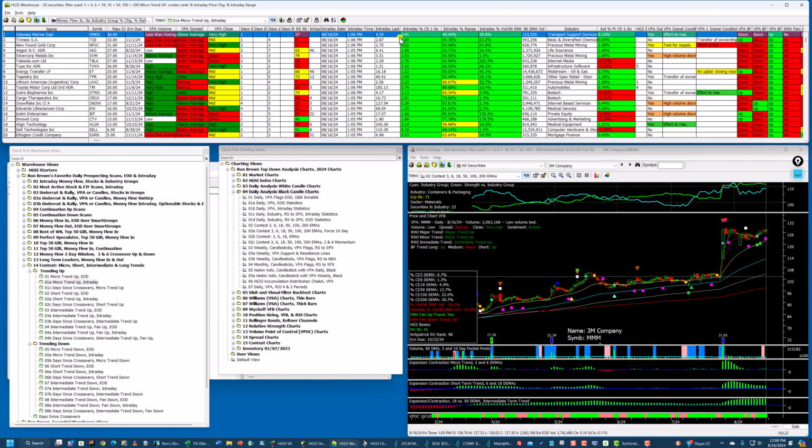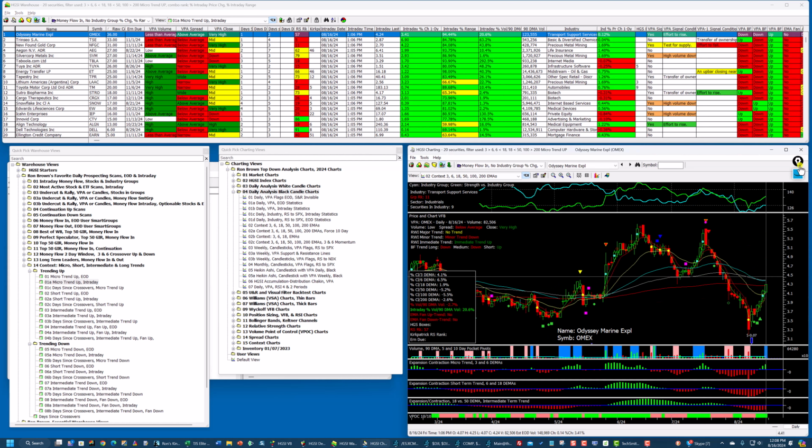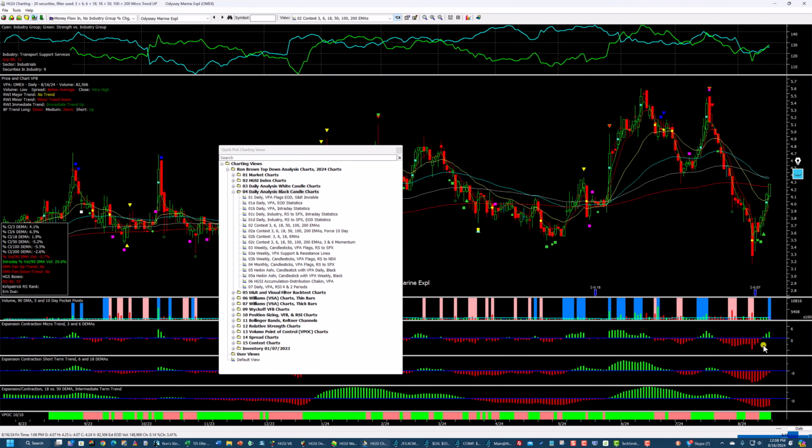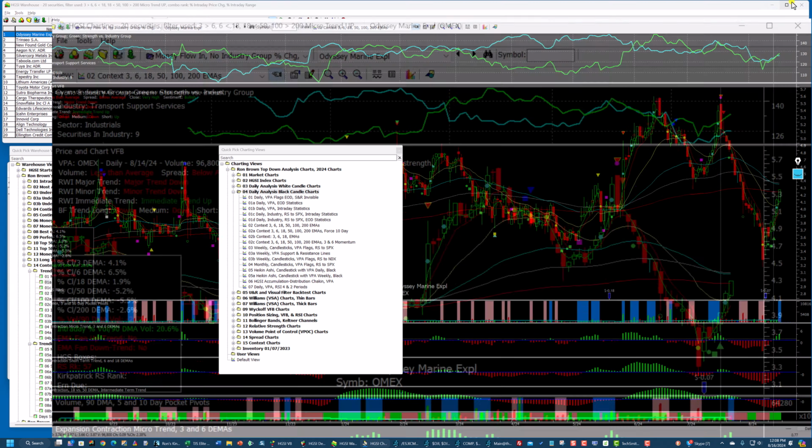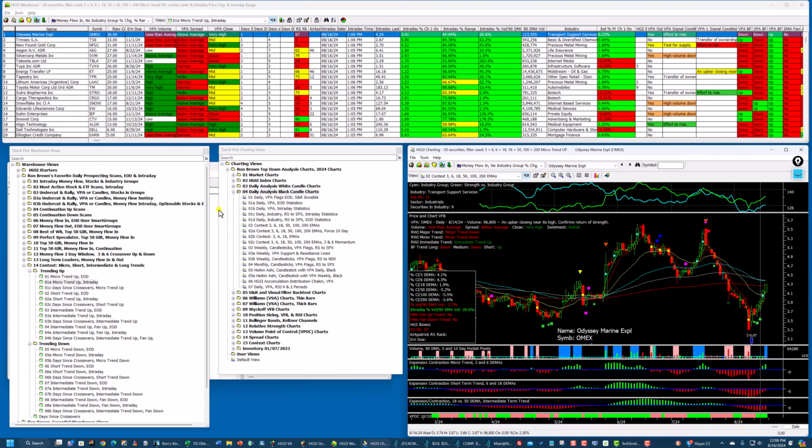You can see this stock's up 3.41% today, trading near the top of its range. And if I bring the chart up, get rid of the crosshair, you can see that the 6 and the 18 has not crossed yet, nor, of course, the 18 versus 50, but the 3-6 crossed over back here. So what this allows us to do is to find stocks that may just be moving up recently,